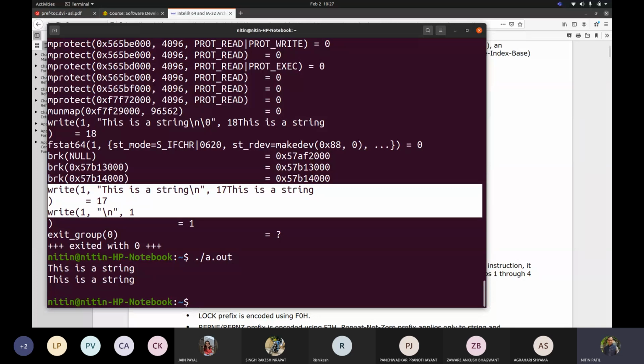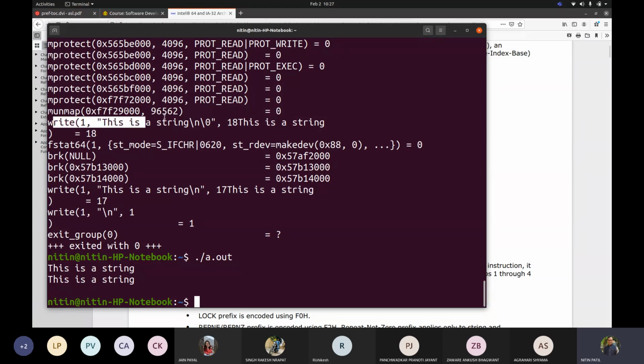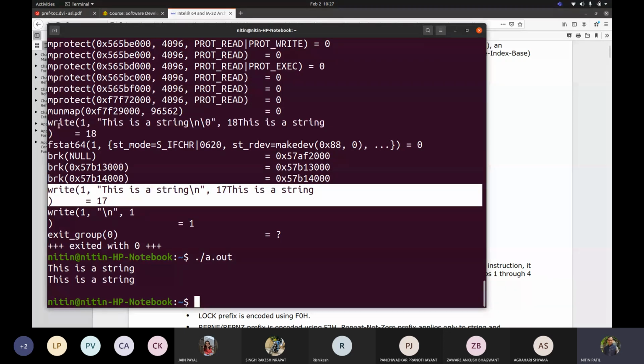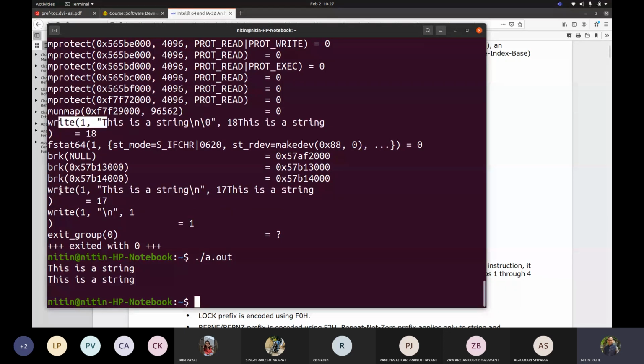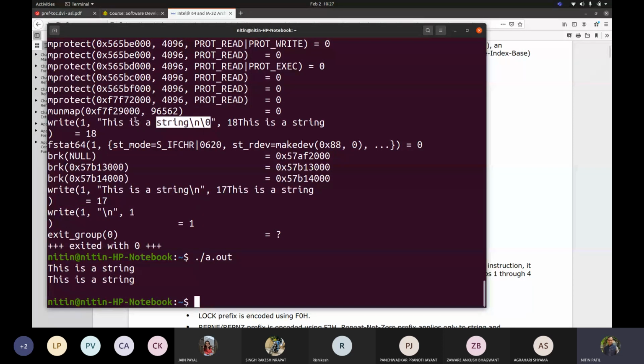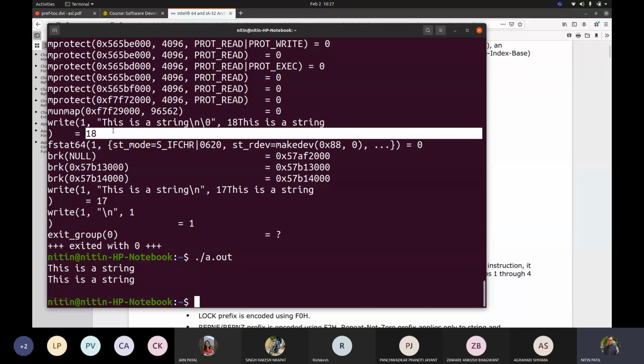But while I do talk about this code, this was my first write which I executed earlier, and my second write is this one. So this write was a system call and this write was the function call, correct? Now what is different between these two? If I carefully see here, that slash n and slash 0 were added directly and size was taken as 18.